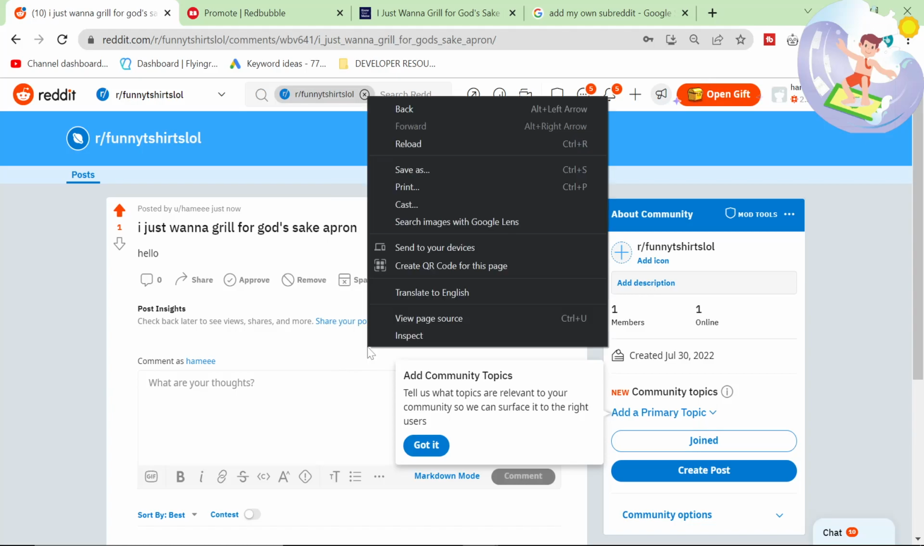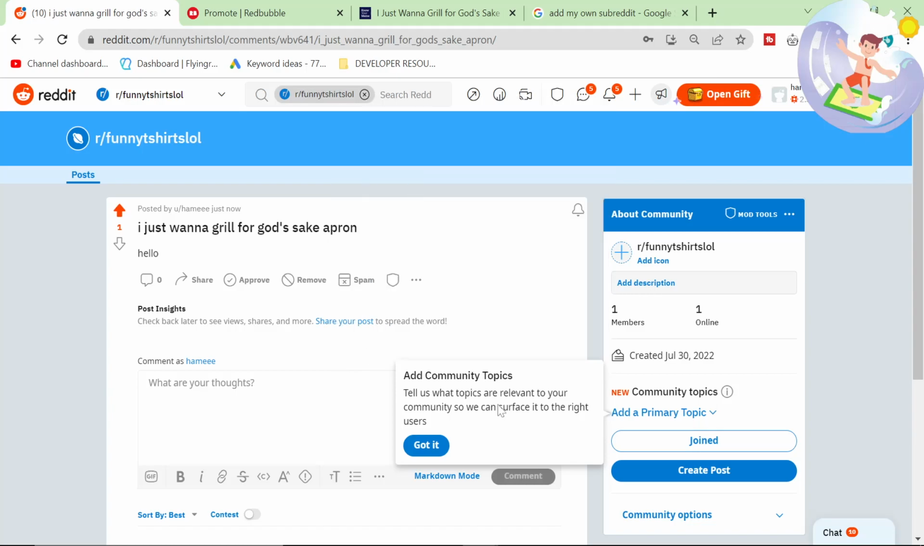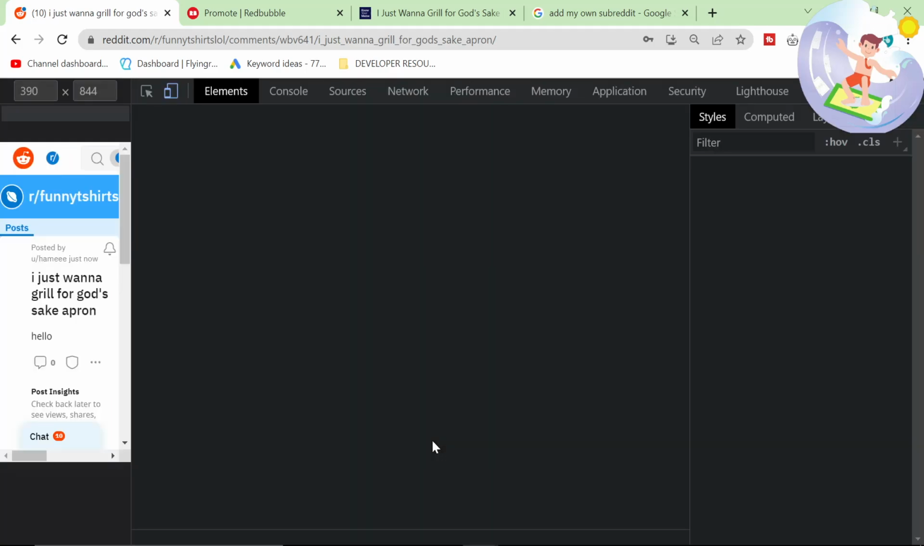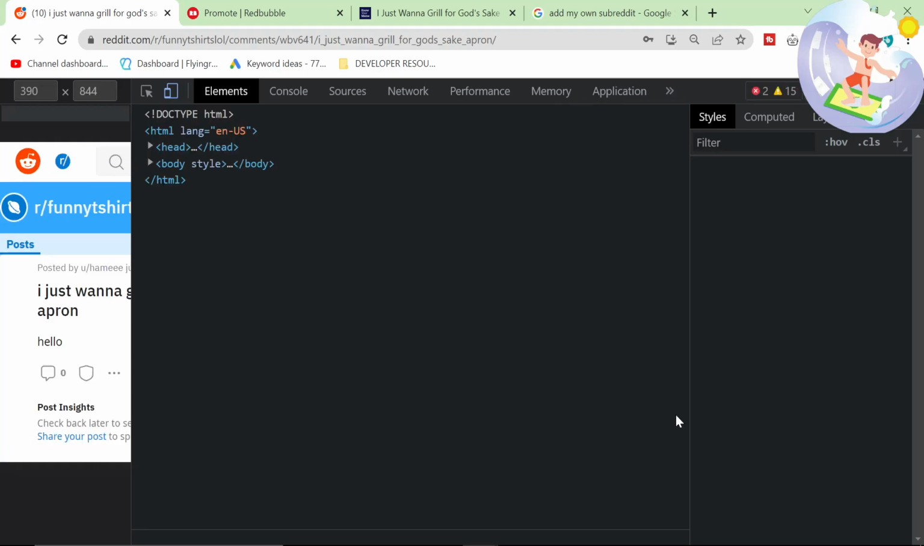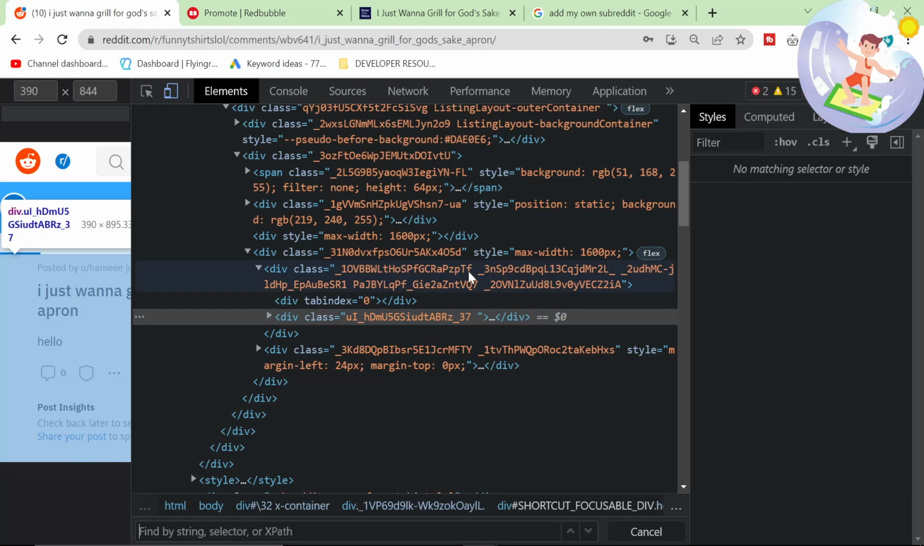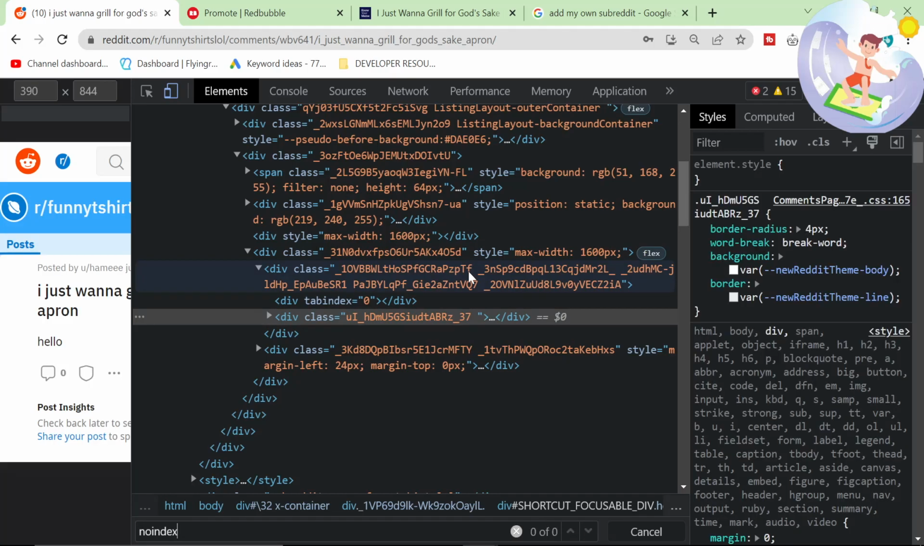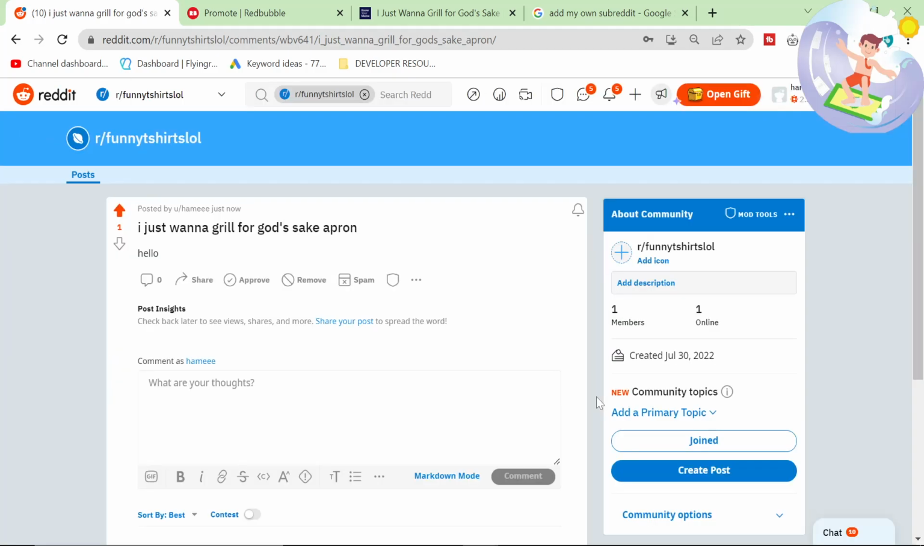I want to inspect this and see if there is a no index tag, because if there's a no index tag, then there is an additional step to make sure that this works. So, no index. Doesn't look like it. No. Oh my god. So now I've just created a post on one of the strongest SEO websites in the world